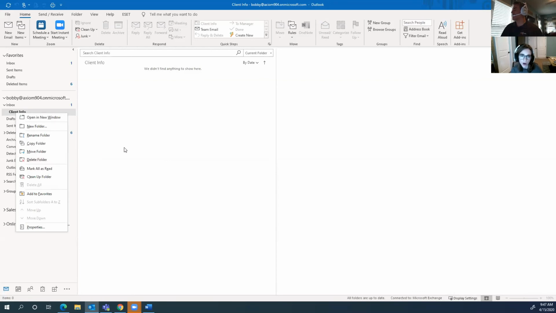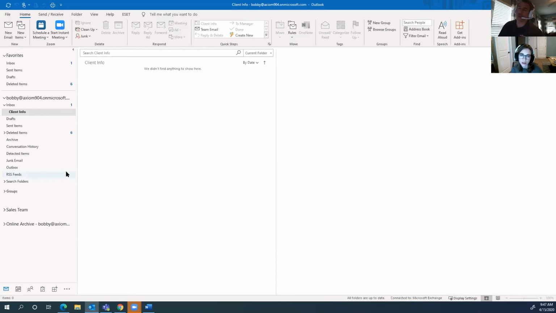I think that's why they have the groups, because you can have a shared mailbox. Yeah. Things like that. That's where you can try to collaborate. That's also where I think Teams starts to become a little bit more helpful.